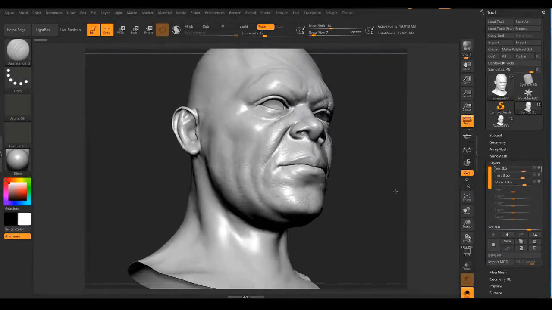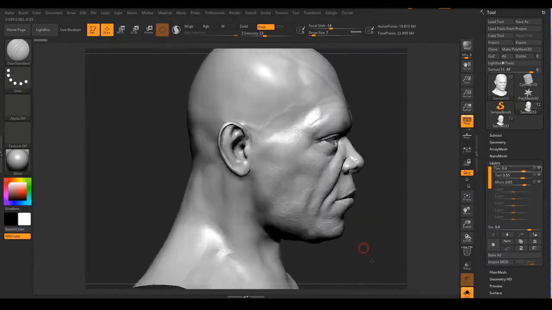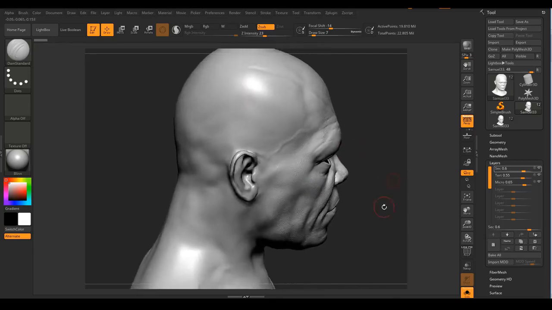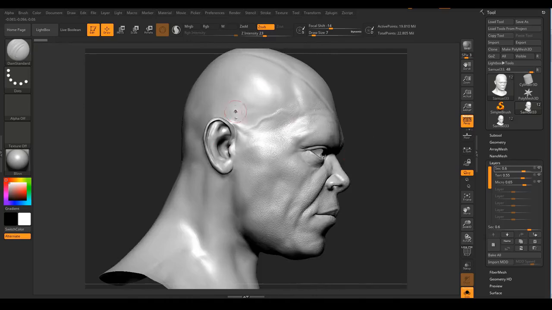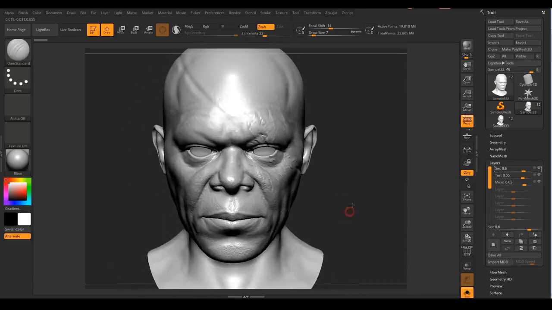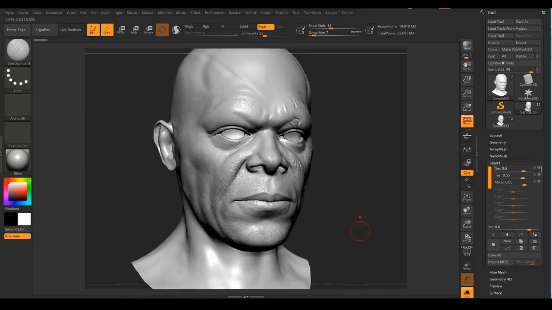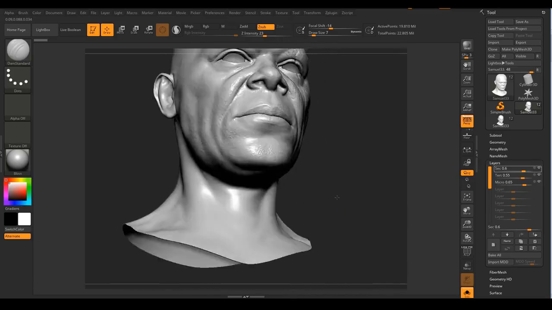Let's go and add some pores detail on the neck of the character, also on the head here, and every part here that we have not added skin details yet, also on the ears. Okay, now for the neck area, the type of details that we're going to add,